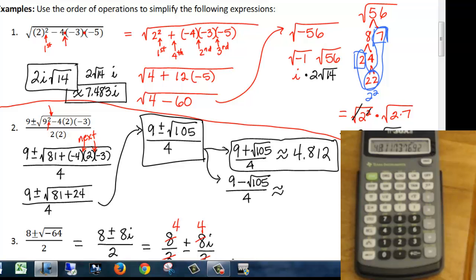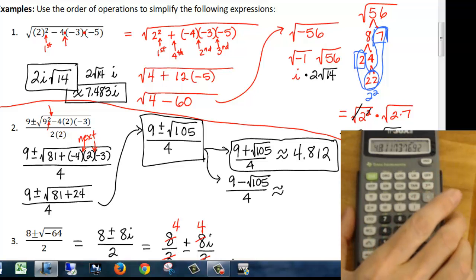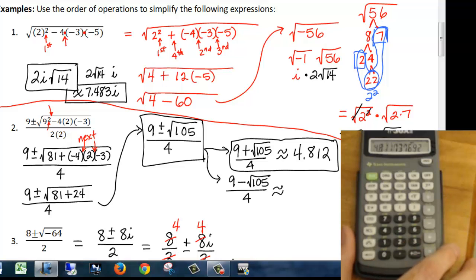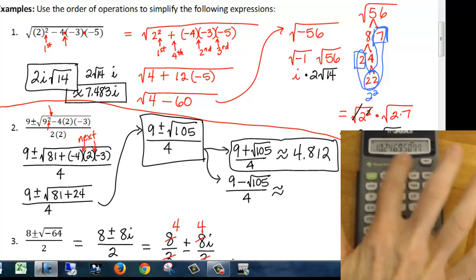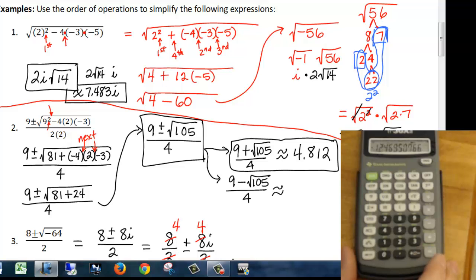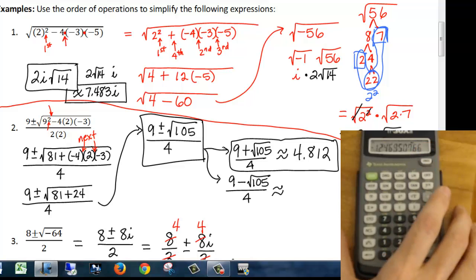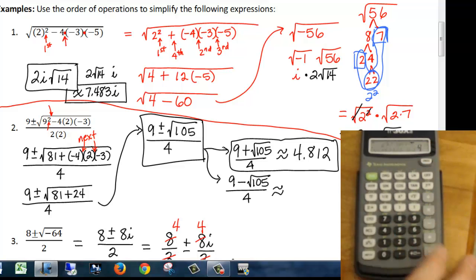Now I can't just take that 4.812 and slap a negative on it and say that that's what I'm getting for my other answer, because it's really not what it's going to come out to. So let's start at the beginning and try it again. So I have 9 minus this time. I wanted to do that square root of 105, so I can just do recall bin 1, and there it is, the square root of 105 equals, and then I have a negative number and I can divide by 4, and equals again, I get negative